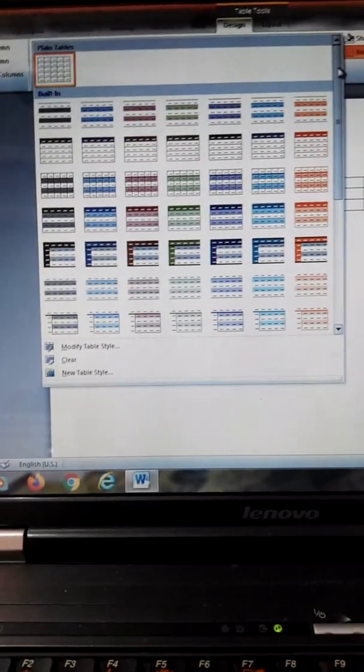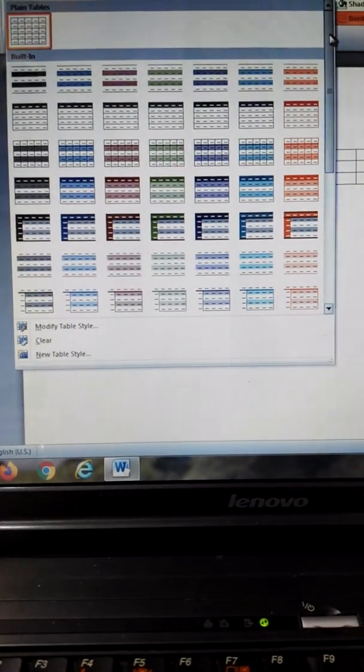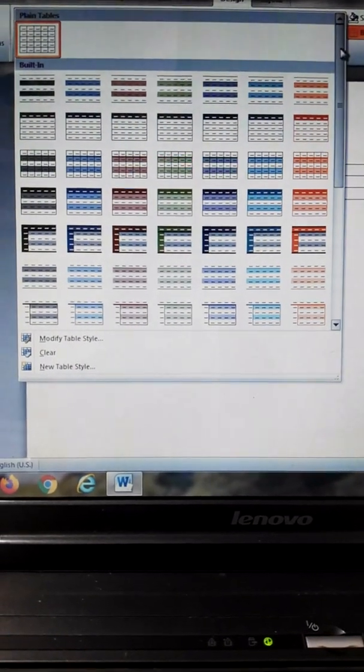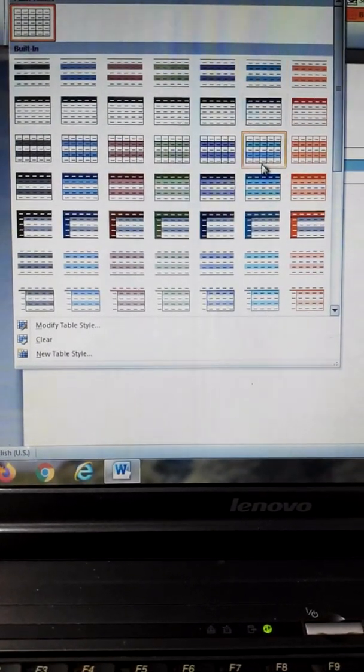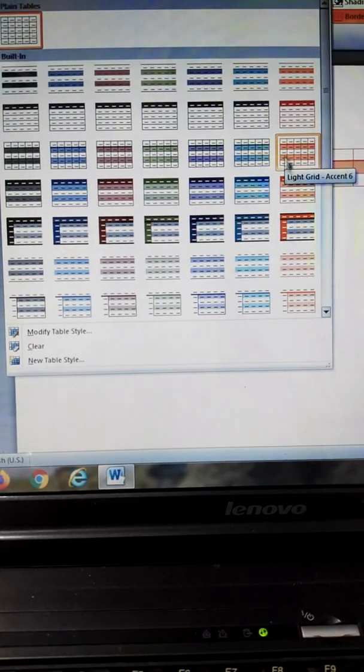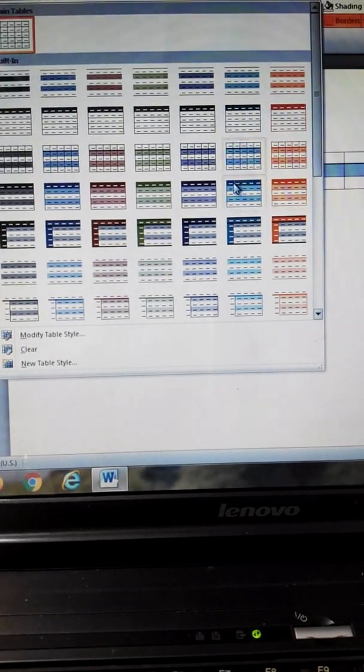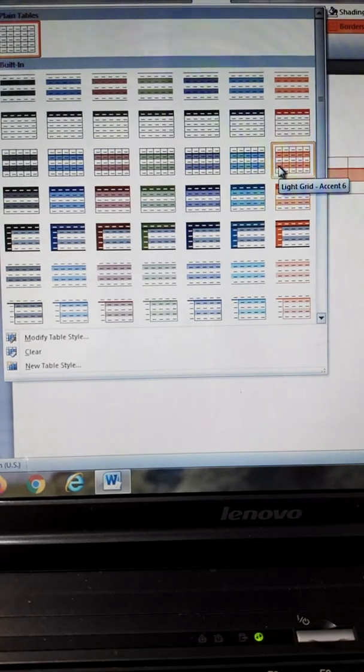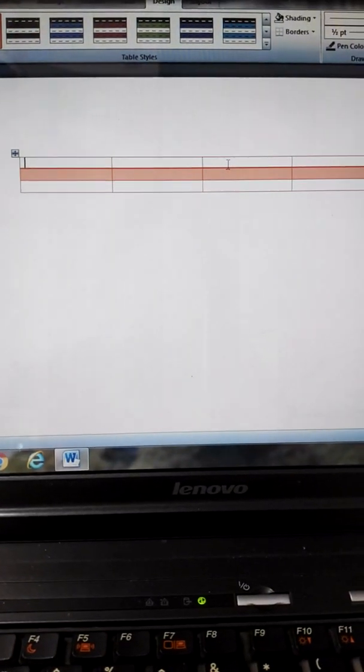As you can see, here is the list of the design tab, and the designs of table appeared in front of you. Look here, I am going to select this design, and here you can see the design of our table is changed now.